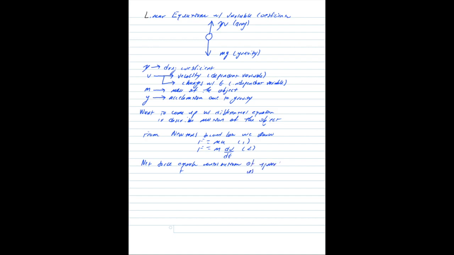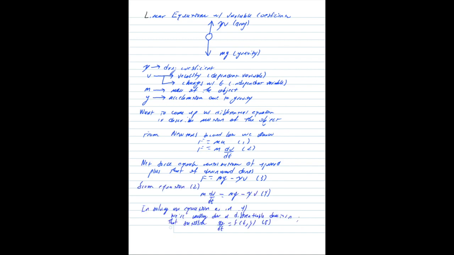And in this model, we want to sum up the net force, which will be equal to the upward contribution of force from drag plus the downward contribution from gravity. So we now have m times dv/dt is equal to mass times the acceleration due to gravity minus the